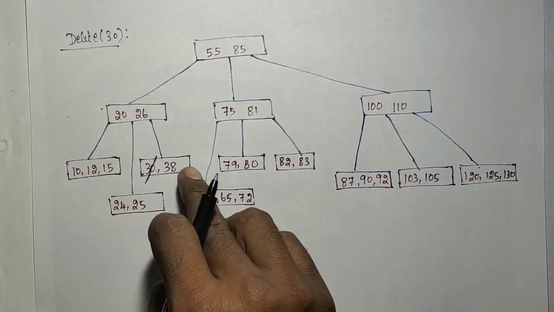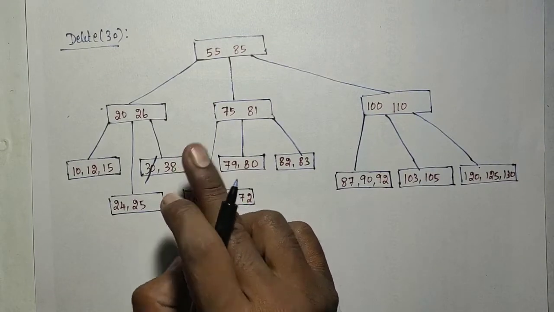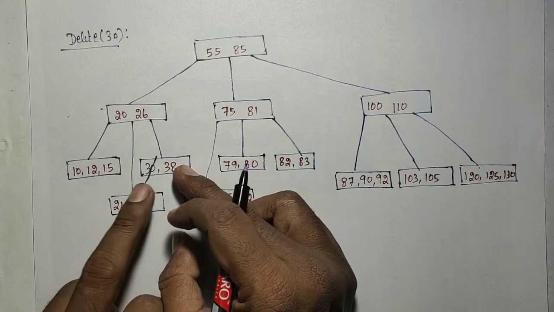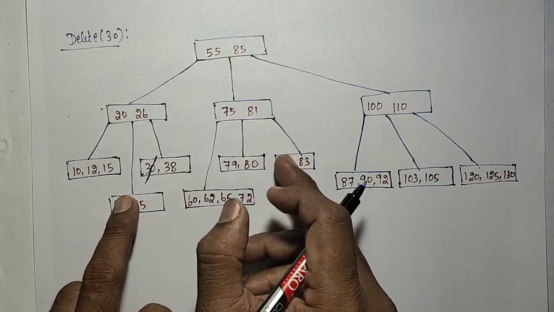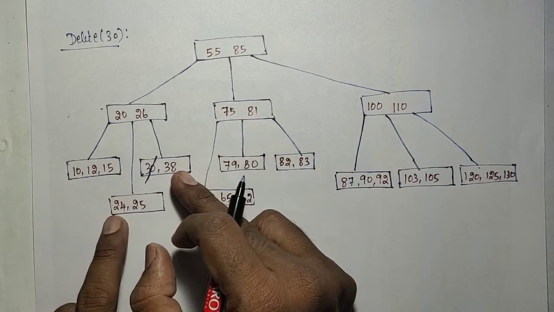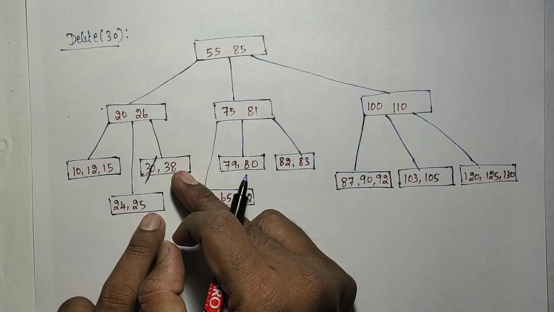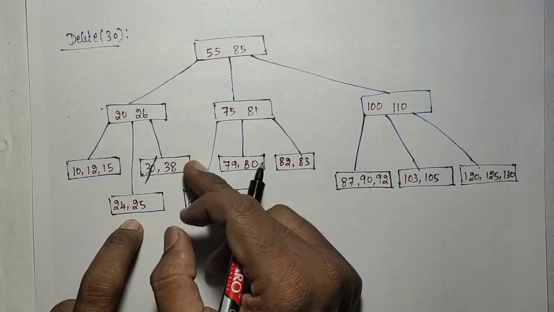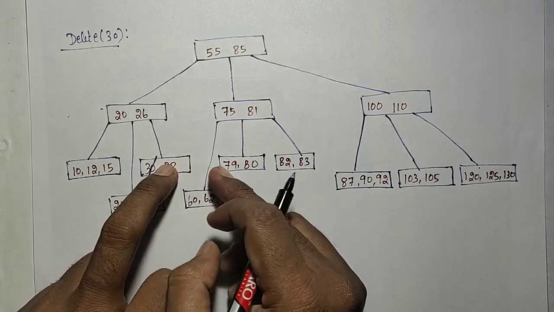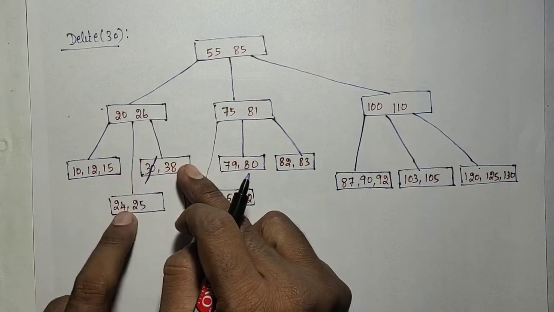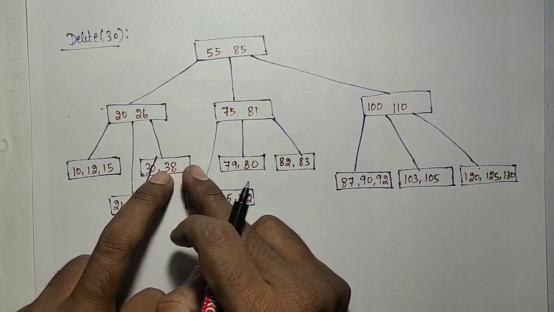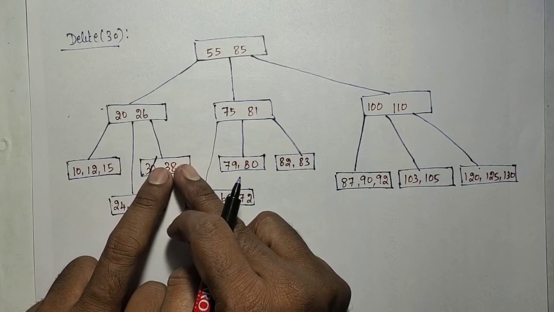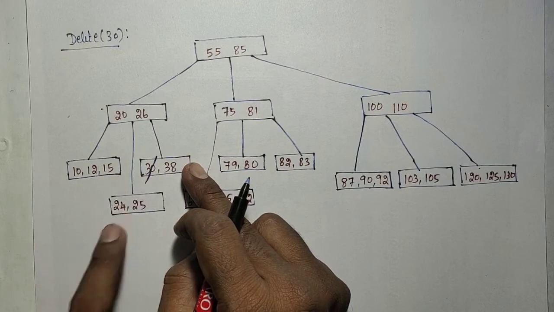After deleting, you check whether that node goes underflow. It goes underflow, so it is not having the minimum number of elements. So I need to try to borrow from the left or right, or merge. Ask left: it is not having enough elements to give. Only the minimum number of elements, so we cannot take from it. Then ask right: there is no right sibling. So I should go for merging this key with the left sibling.